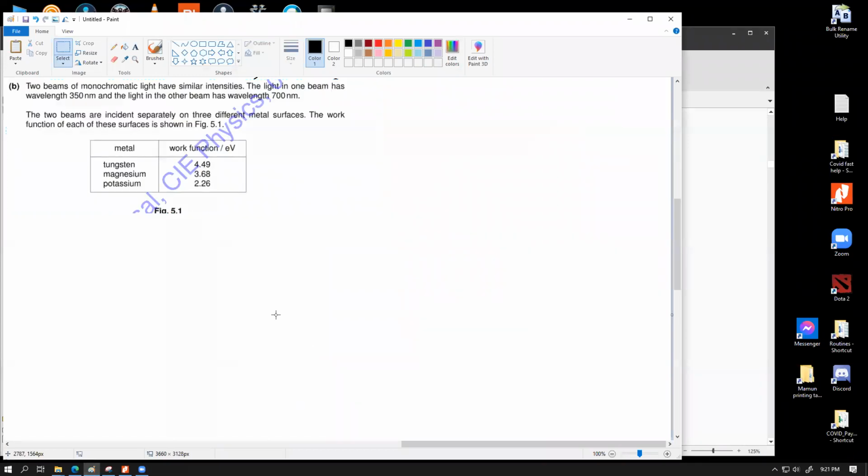So the first thing first, let's try to convert the wavelengths into that part. So let's say I have some space available. So energy of 350 nanometer equals 6.63 into 10 to the power minus 34 into 3 into 10 to the power 8 divided by 350 into